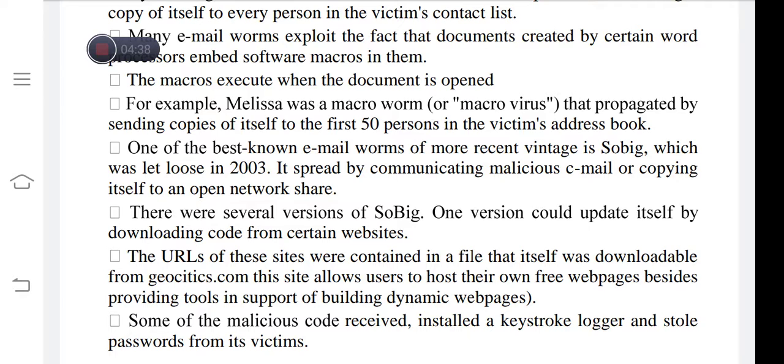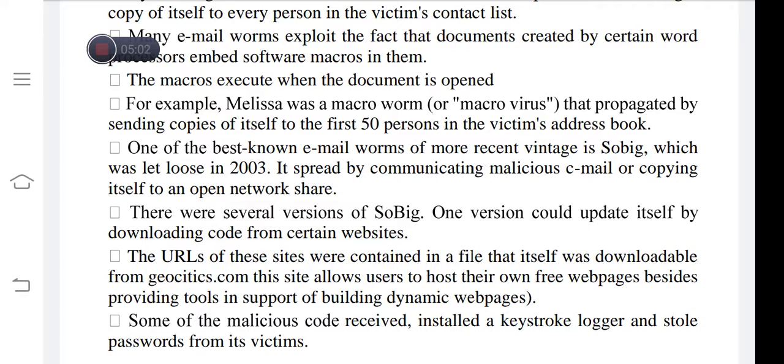The URLs of these websites were contained in a file that itself was downloadable from geocities.com, which allowed users to host their own free web pages, besides providing tools in support of building dynamic web pages.